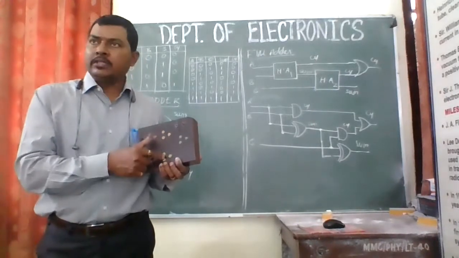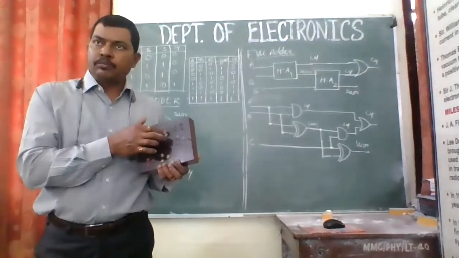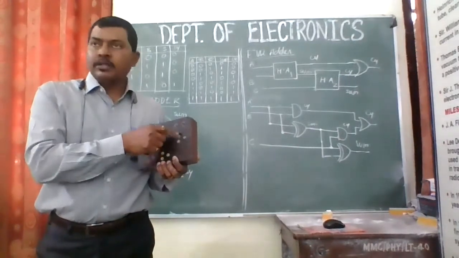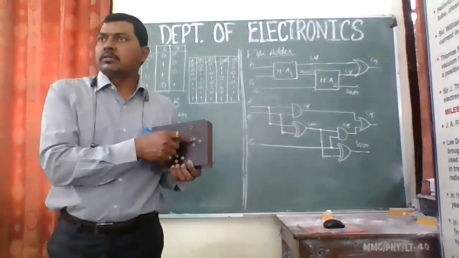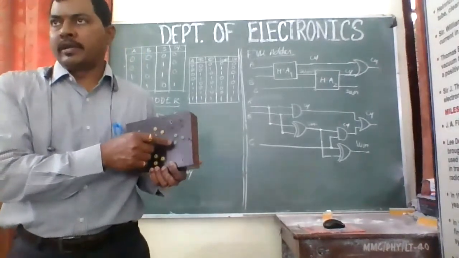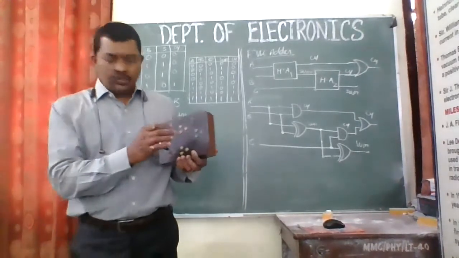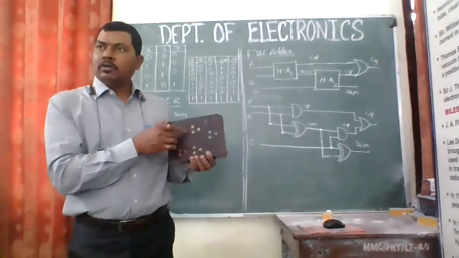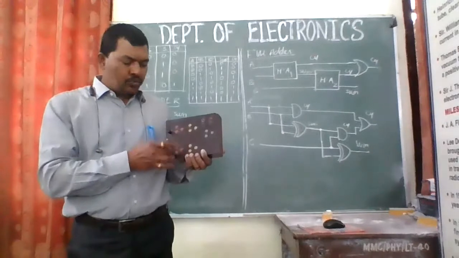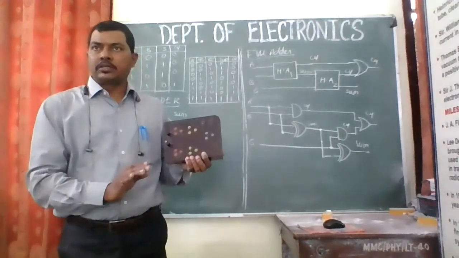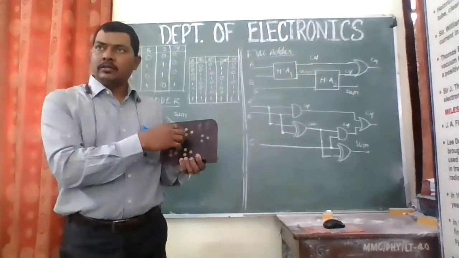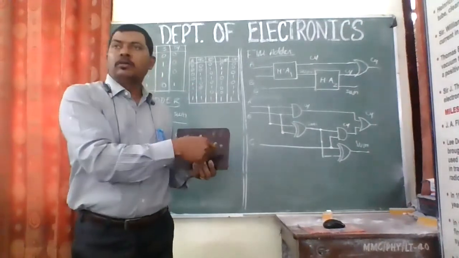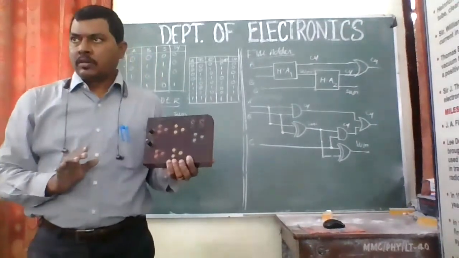Similarly, these are 2 XOR gates, yellow color. So these are inputs and this is output, and this is another XOR gate. Here we are having the fifth gate, that is the OR gate, right? So we are having the full adder circuit over here. These two will form a half adder circuit, and these two will form another half adder circuit. And if you join them like this, you'll get a full adder circuit.